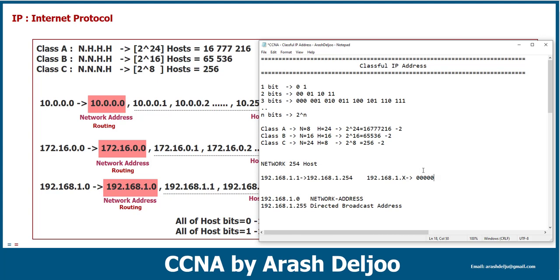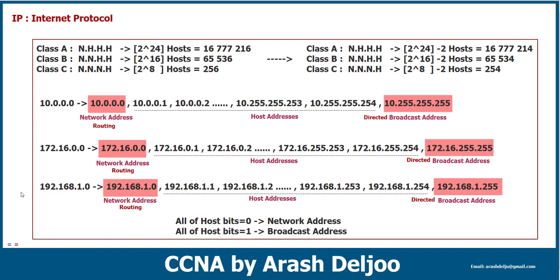Host bits as 0, okay, this in binary is the network address. And when you are using all of the host bits as 1, this is the directed broadcast address. Now you can better understand how many host addresses we have on, for example, class A, class B, and